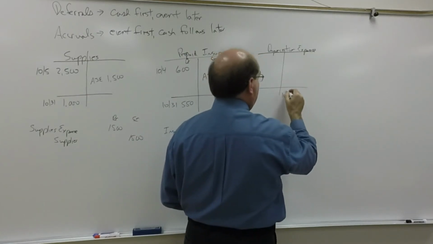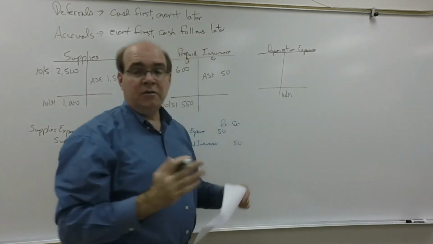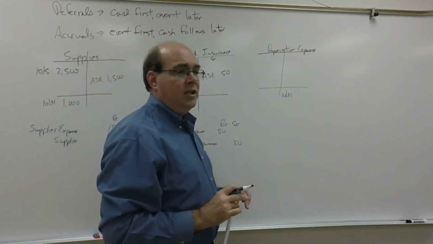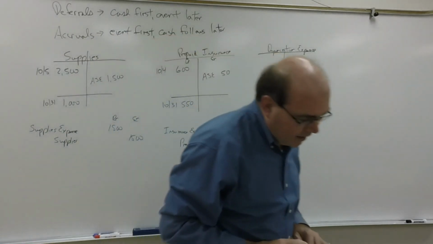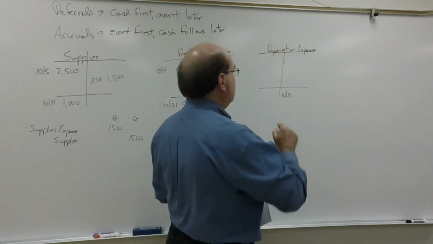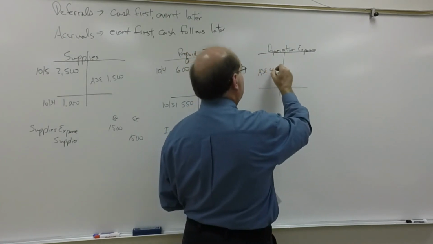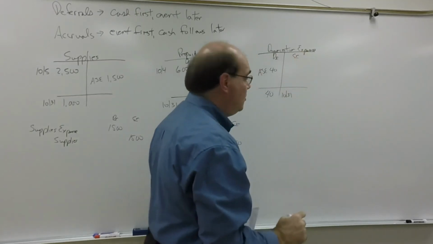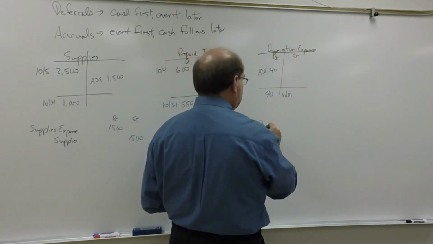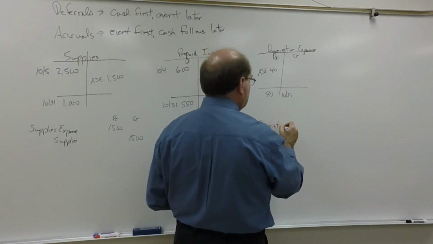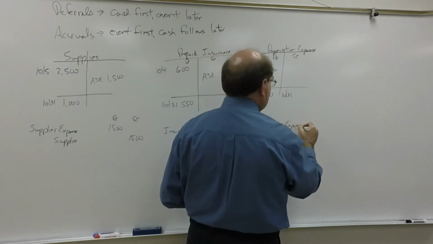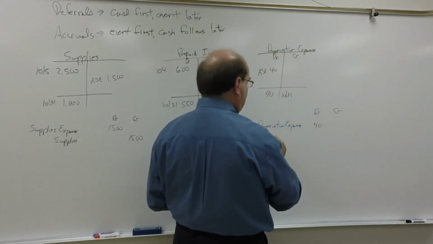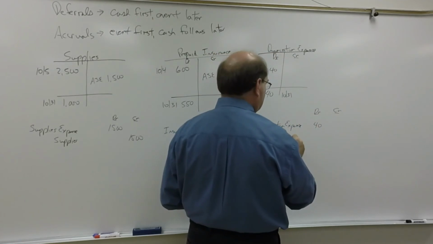And at the end of the month, we haven't recorded anything because no cash was being used, so there was no regular entry that was made during the month. But we know that we need to show the expense, and it looks like that was $40. So what we're going to do is we need to do an adjusting journal entry for $40 to show that there is a debit to the expense account. And the entry that we're going to do is going to be depreciation expense for 40 to show the expense, and then we're going to put it into the accumulated depreciation